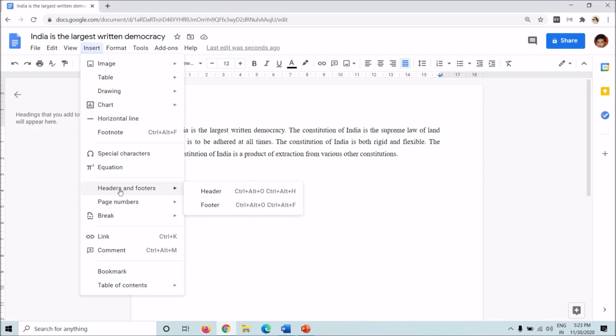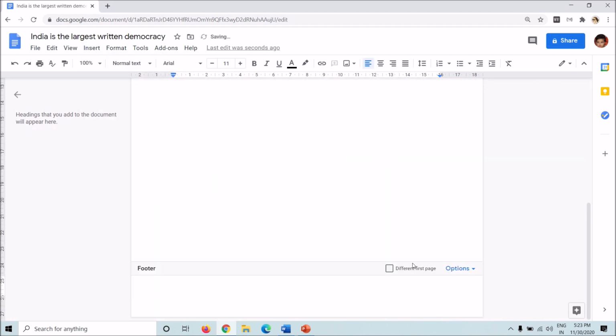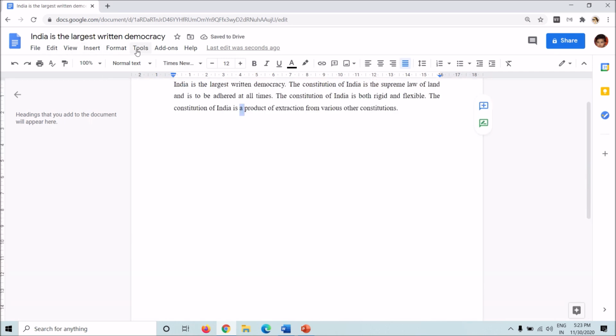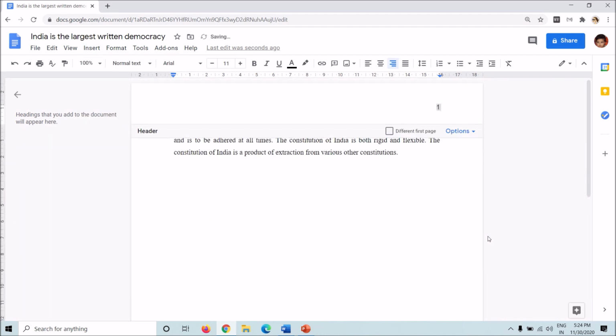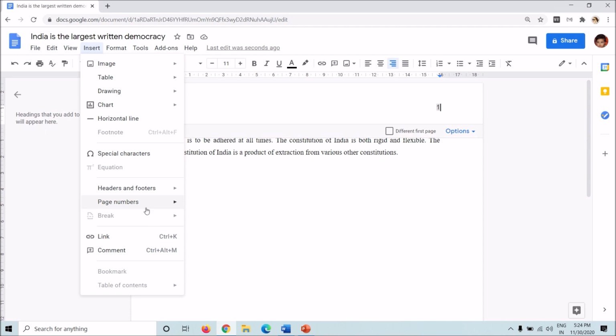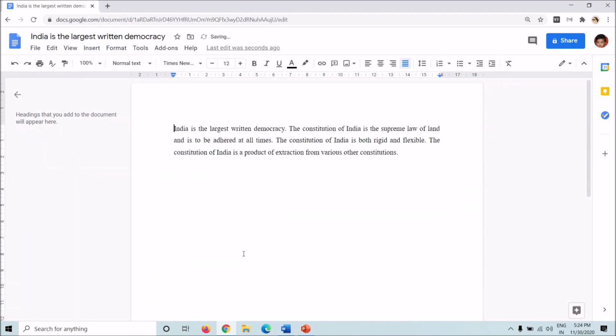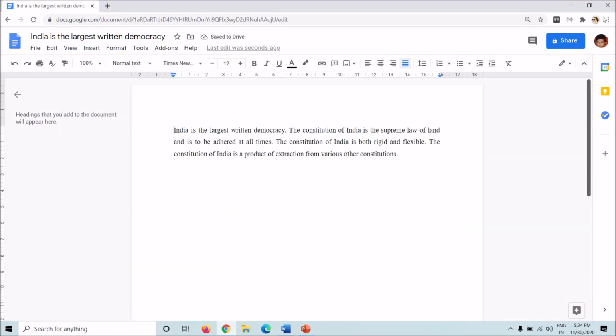Similarly, the footer, insert footer. This is how a footer works. You can add anything here, options, remove footer, format, different first page. Basically, footers are used to add page numbers, but it's also an option to add page numbers from here. It's easier actually. You can add page numbers like that. It would automatically be converted into a header itself if you choose to insert a page number on the top left corner, top right corner, or in the center, or if you choose to insert it in the bottom, it would automatically turn into a footer.